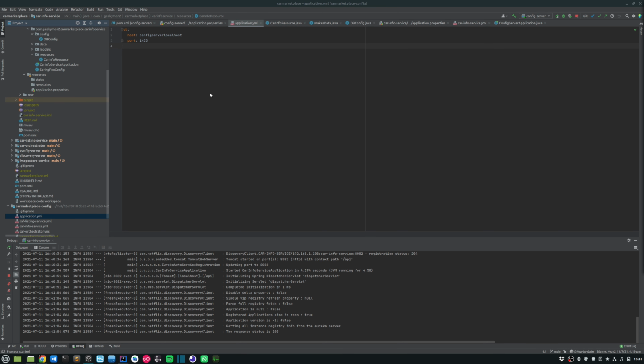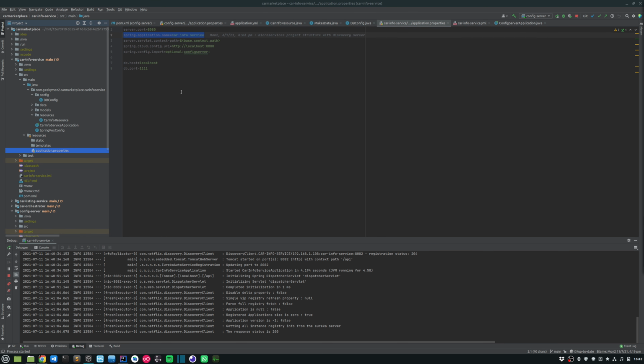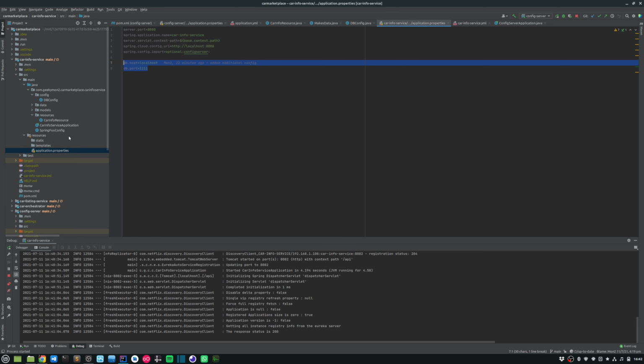If I hit that endpoint, you can see it's loading the properties config server localhost and port 1433. This information is actually being fetched from my application.yaml properties in my car marketplace config repository, which is being loaded via the config server. And you can see that I also have the DB host and DB port configuration properties available locally within my microservice under the application.properties file.